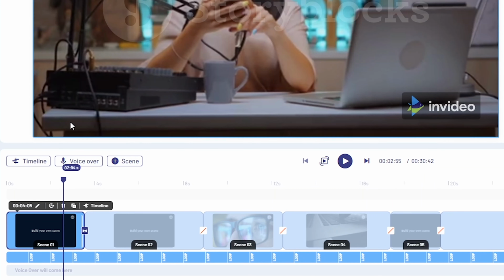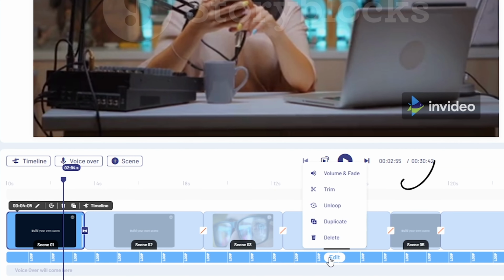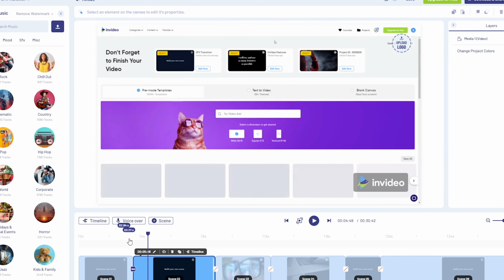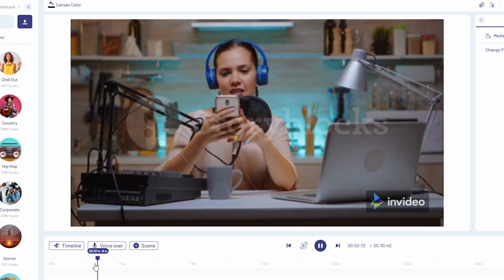Please note, if your sound effect is getting looped, since it's a small clip on the music track, you can always unloop it through these options. Align it to the point where the visual transition starts to happen and it will match perfectly. And you have perfectly transitioned between scenes using the swoosh sound effect.